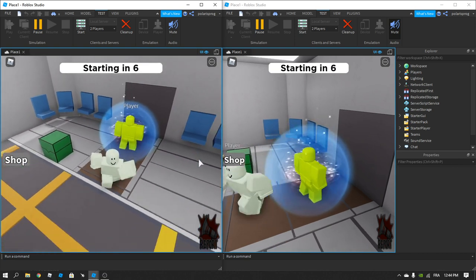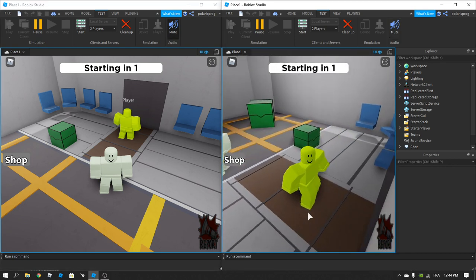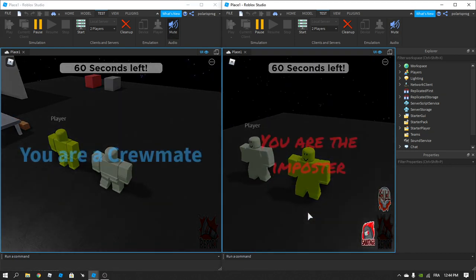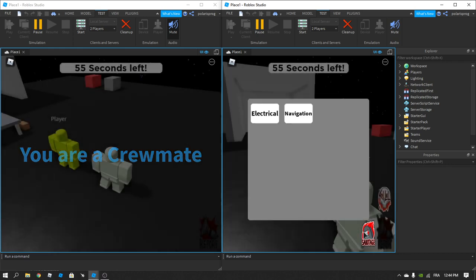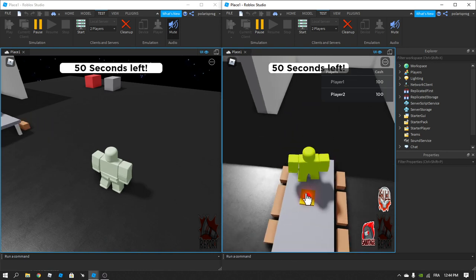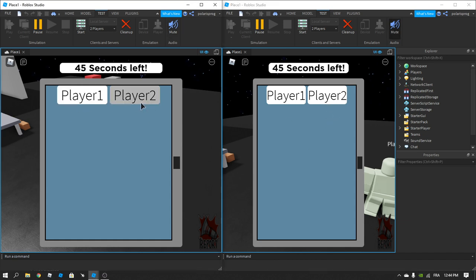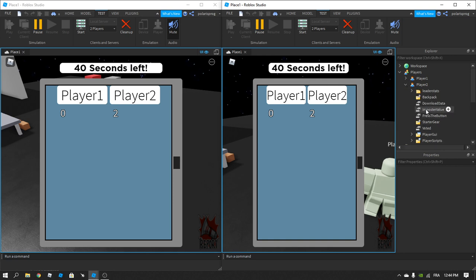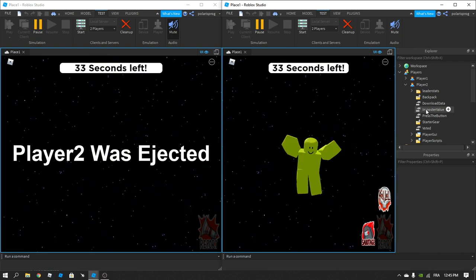The thing is, the imposter wins every time, so we have to fix that. And I have to set the z-index of this sabotage button to something lower. So player 2 is the imposter, so let's go ahead and vote for player 2. And I want to see if his imposter value is going to disappear as soon as he dies. So player 2 gets ejected, and